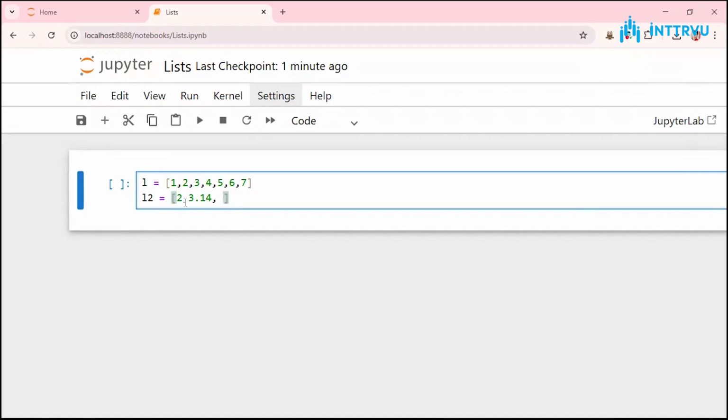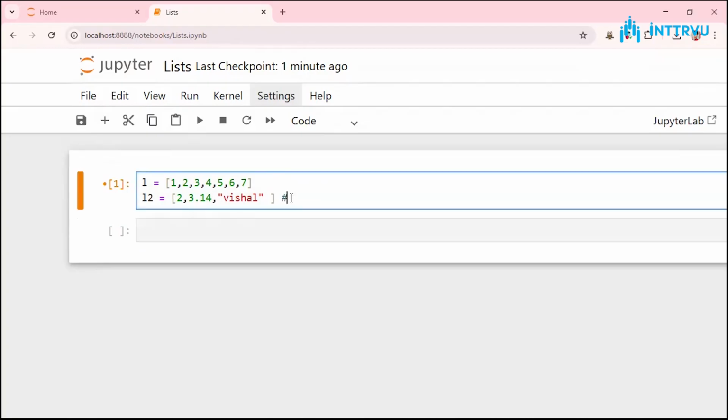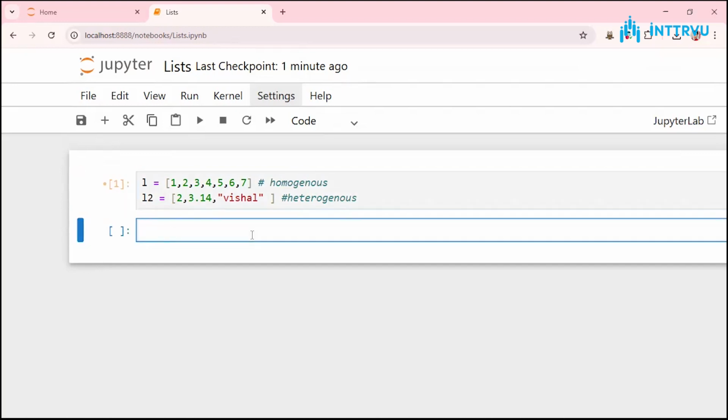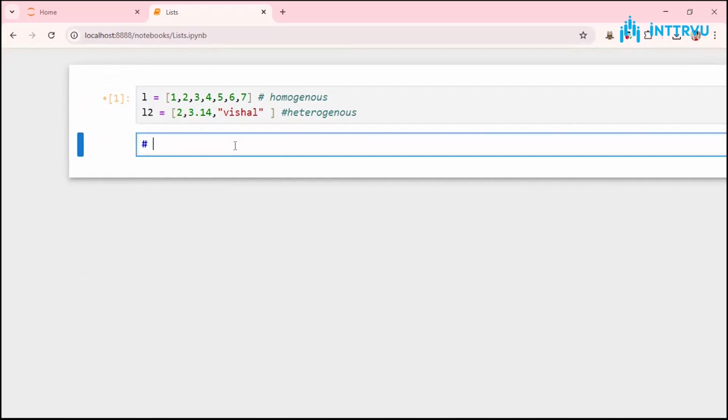So I have 2, which is int, 3.14, which is float, and then I can have my name, Vishal. So that's L, L1, L2, whatever you want. So lists can be heterogeneous or they can be homogeneous. And we also discussed the mutability of lists,